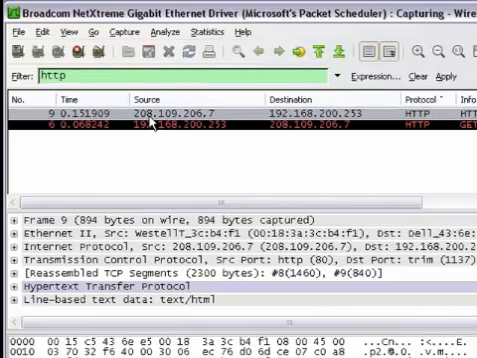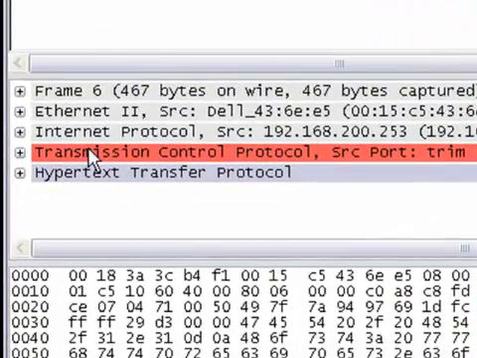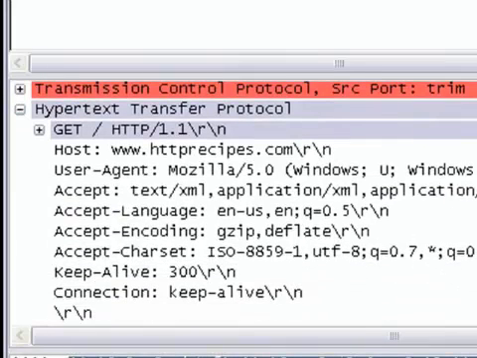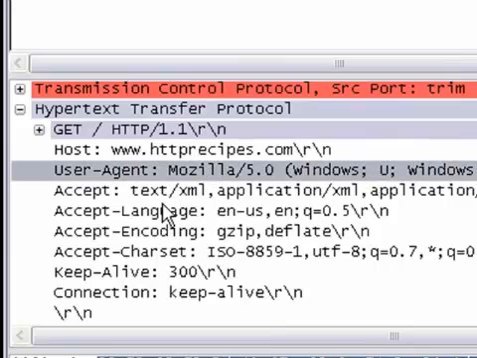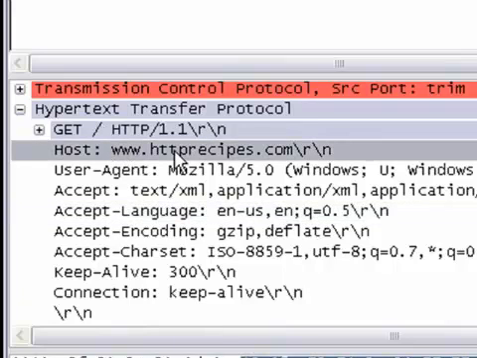And there's a lot of information there, so let's click on one of these. There you go. And you get frame, Ethernet, Internet Protocol, transmission, and hypertext transfer protocol. Click on that and open that up. And you can see there's a lot of information here. There's my host, my user agent, which is Windows, accept language, accept encoding, accept character set, keep alive, and connection. So here's all the information that you get with the HTTP request. And you can see here's my address, www.httprecipes.com,